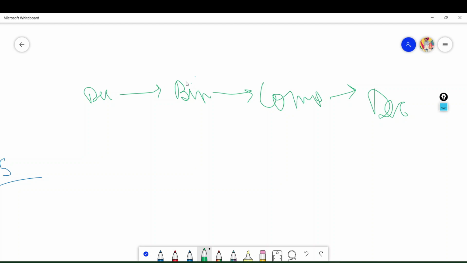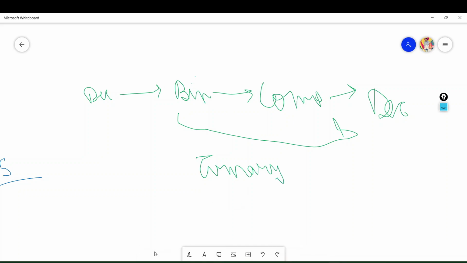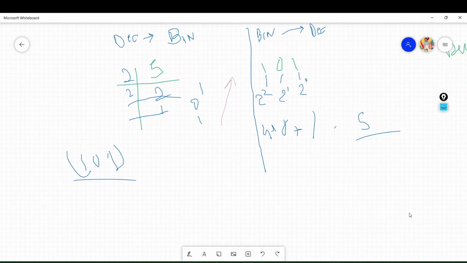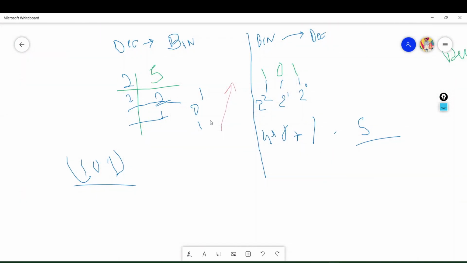What we are going to do is do these 2 steps in one step with the help of a ternary operator. Let me explain what I am trying to say. Let's use this example. When we were converting this 5 into its binary representation, instead of writing 1 here, we will write its complement here. So instead of writing 1, we will write 0 here. Instead of writing 0, we will write 1 here.